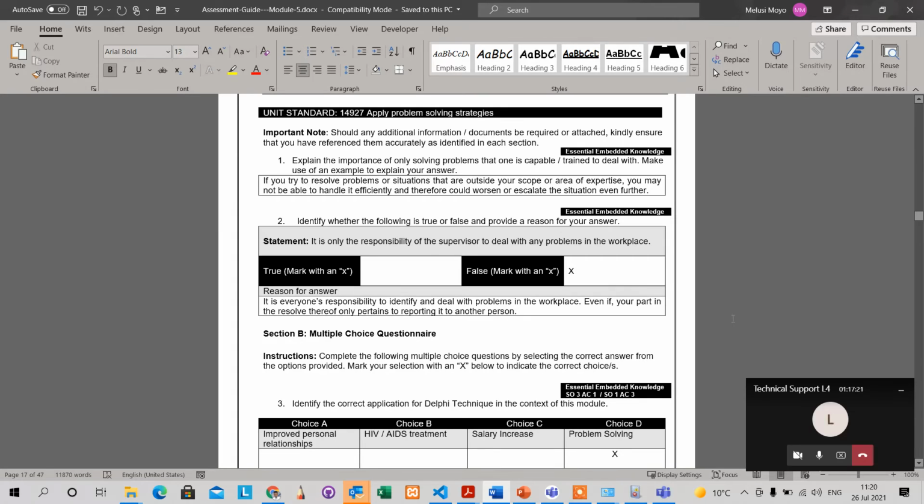Most of the time, if you try to resolve a problem that is outside of your scope, outside of your experience, you end up not being efficient in fixing that specific problem. It will slow you down in finding the solution to that. For example, the scenario that we're working on now was that of fixing a PC that has problems